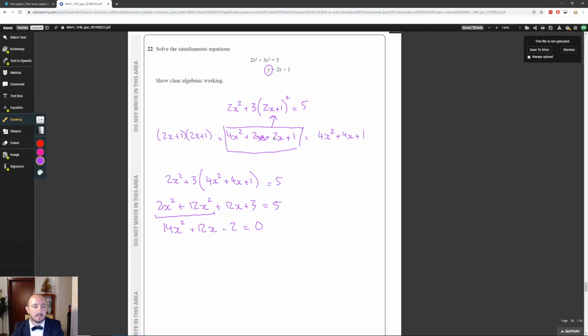Each of these has a factor of 2, so if you wish you can divide through by 2,